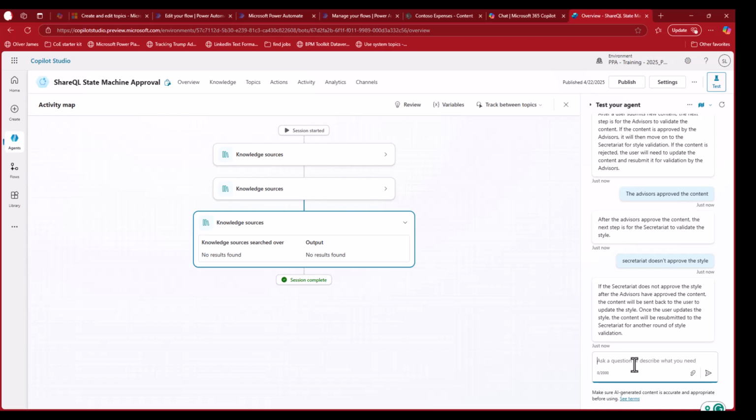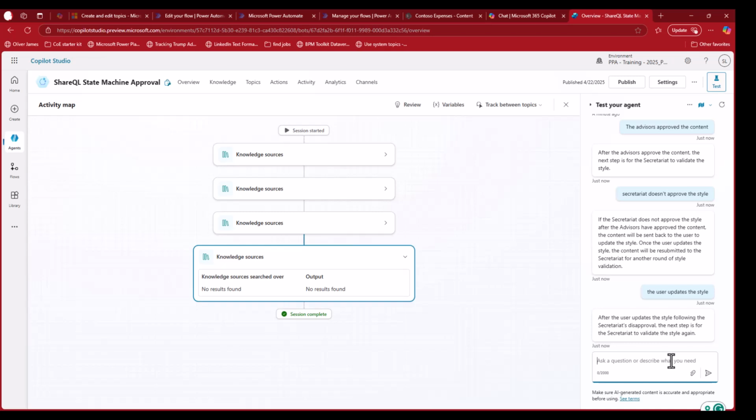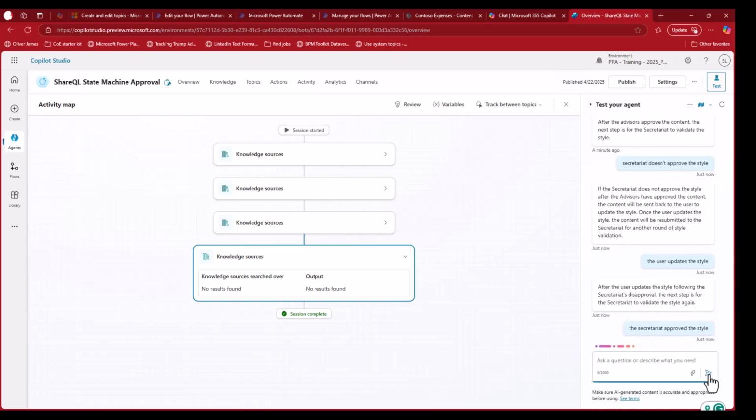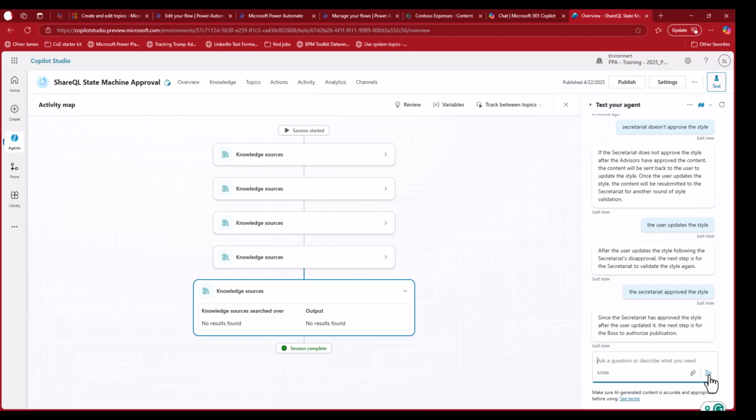Then it will need to be sent back to the user to update the style, right? So the user has updated the style. The next step is Secretariat need to validate it again. Secretariat approved the style. Then normally the next step is the boss, right? So the boss to authorize publication. The boss approved,